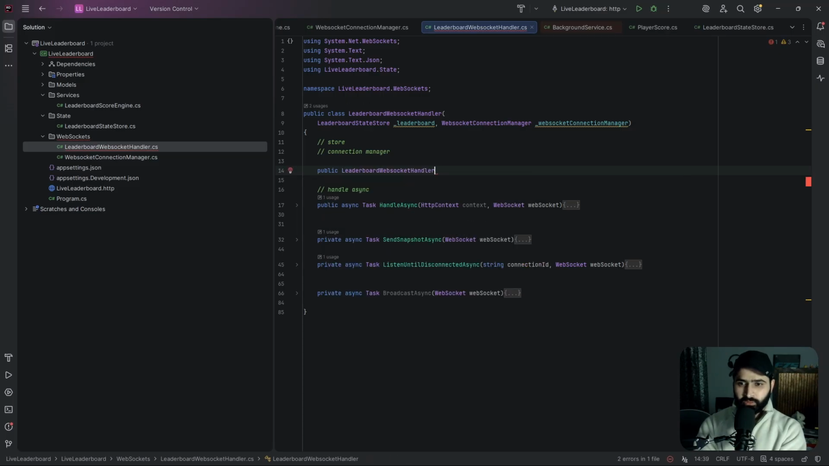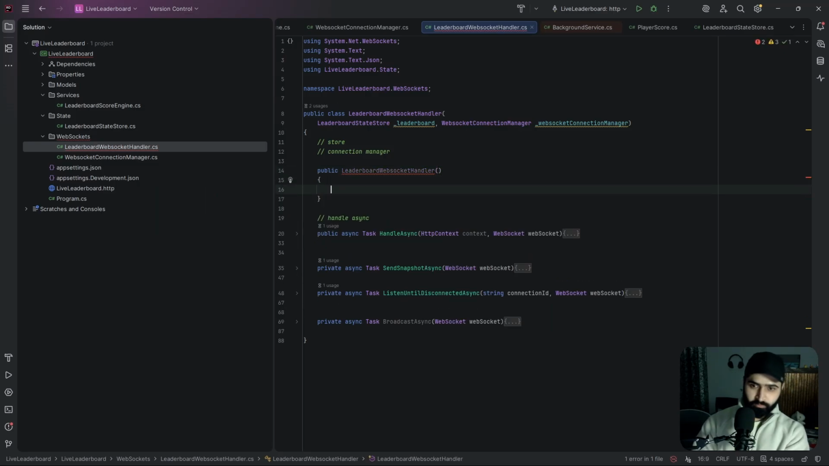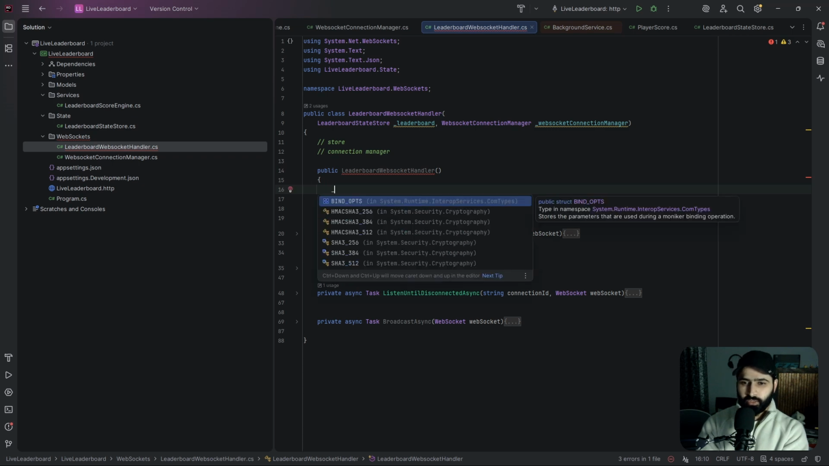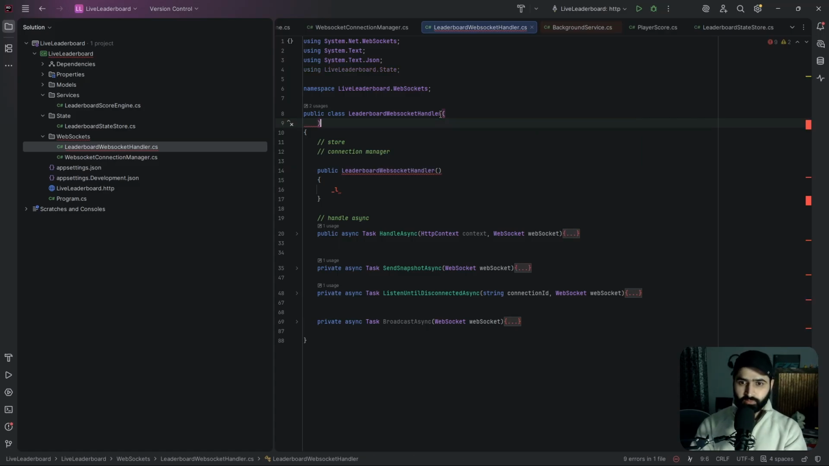WebSocket हैंडलर। अरे, और यहाँ पे मेरे को चाहिए होगा जो मेरा लीडर बोर्ड आ रहा है। अरे यार, अब मुझे ये प्राइमरी कंस्ट्रक्टर हटाना पड़ेगा यहाँ से। पहले मैं एक काम करता हूँ, फिर इसको ले लेते हैं।